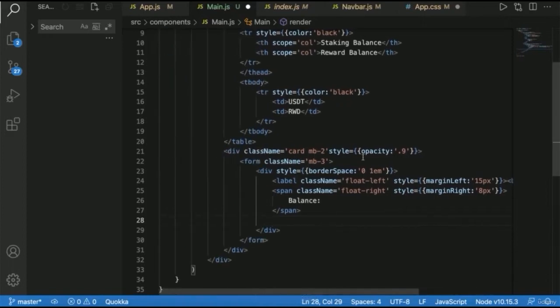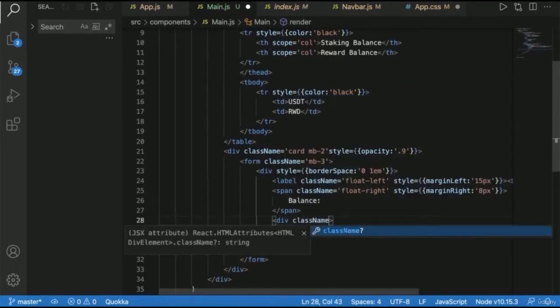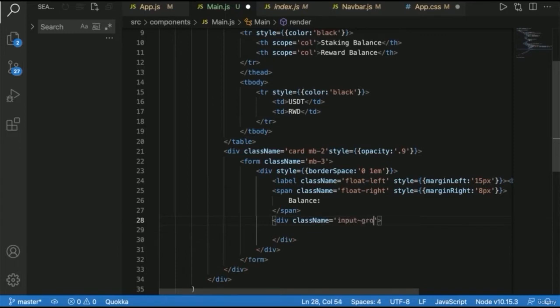Okay, so we want to have a text input under. So we do div, we're going to have a class name, input group, and mb-4. Okay. And then we're going to bring in an input. And the input is our text box. And input has certain properties that we can now bring in. So we can bring in the type